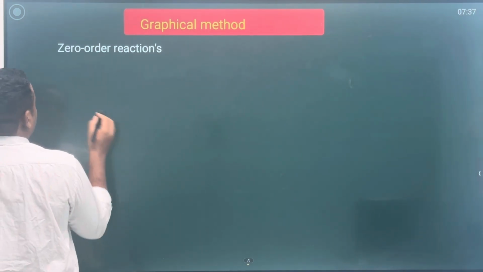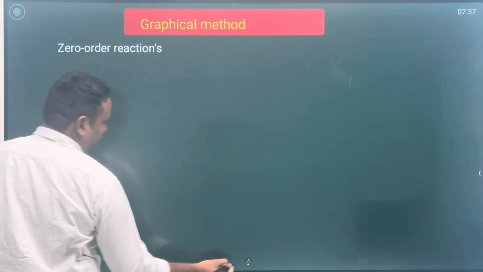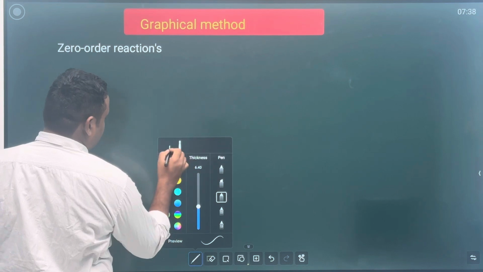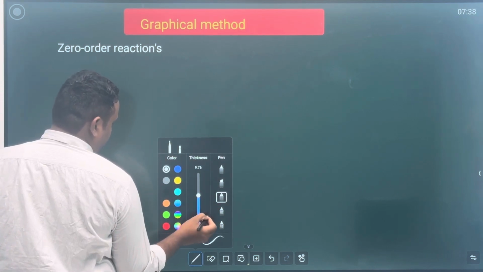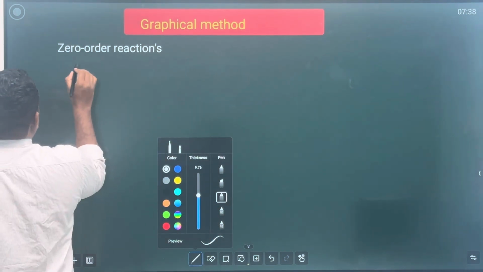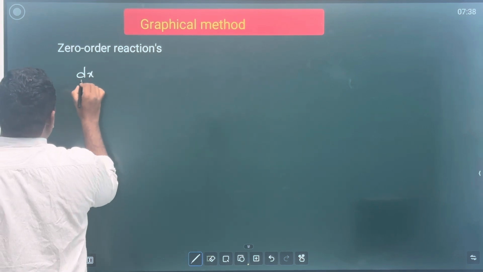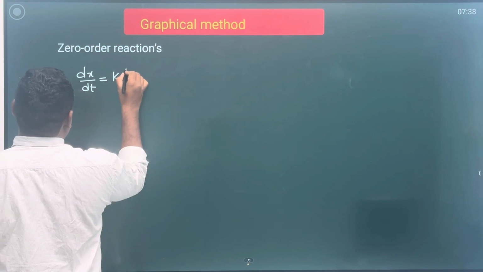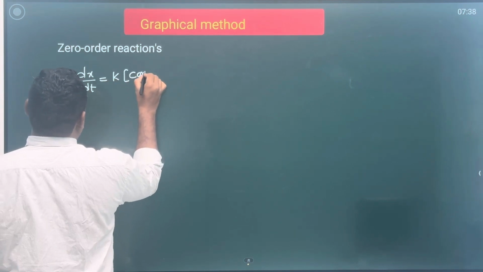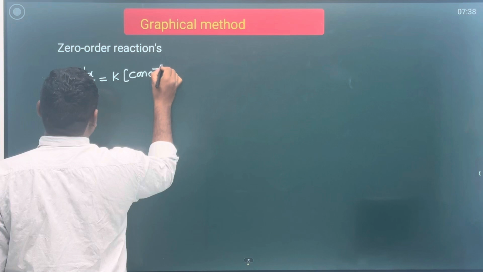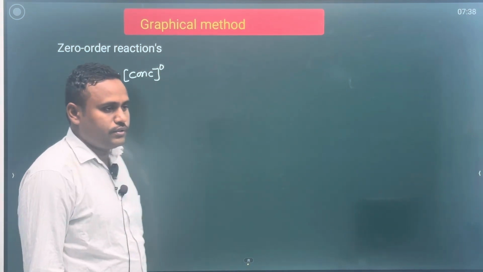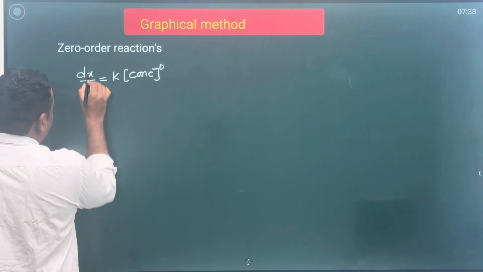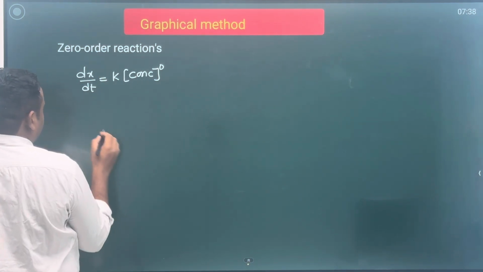We know that dx by dt is equal to k into concentration to the power 0. So this is called zero order reaction. So in this zero order reaction, when you draw a graph between dx by dt and concentration,